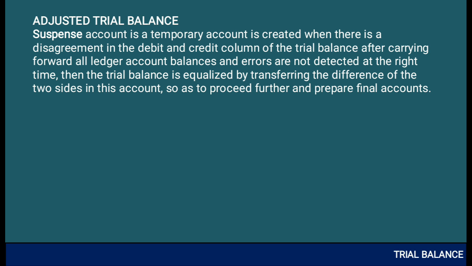And later on, whenever we find out the problem or the error why the total of debit and credit was not equal, in that case we shift it. Once the amount of suspense is matched, it will be transferred into the respective ledger's account and it will be closed. That's why the suspense account is called a temporary account, because it does not remain in the business for a very long time, it stays for a short term.